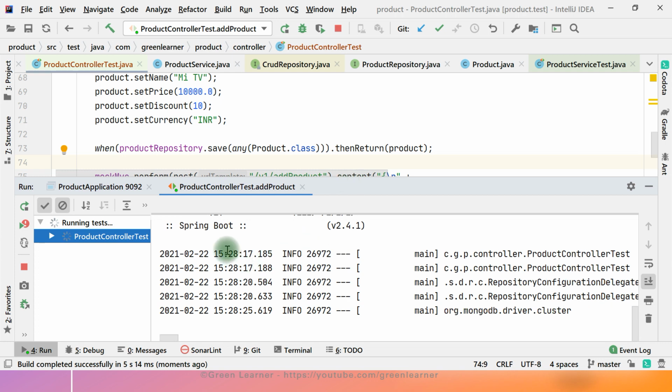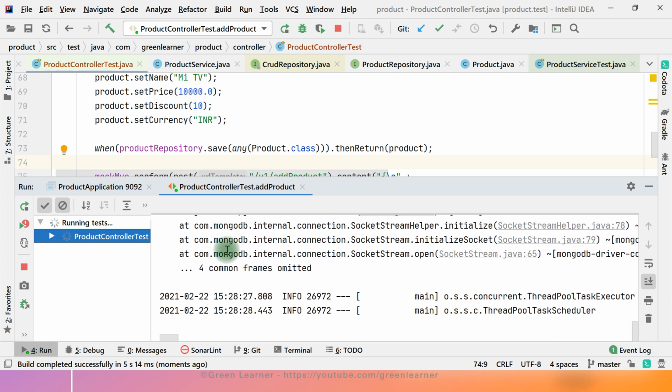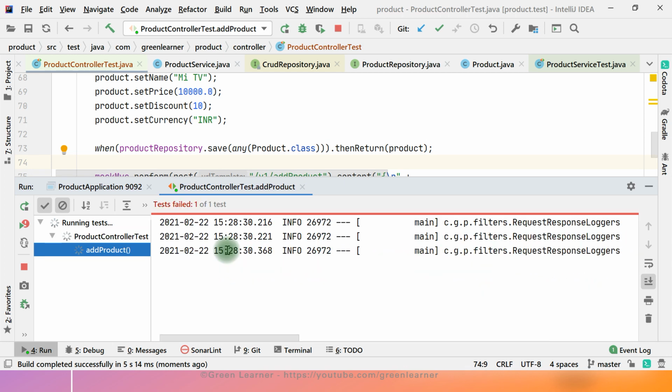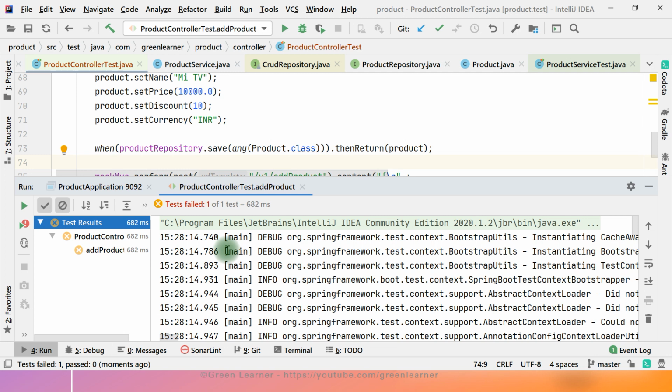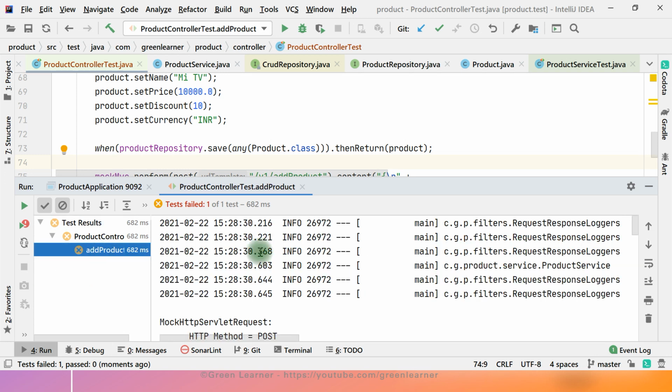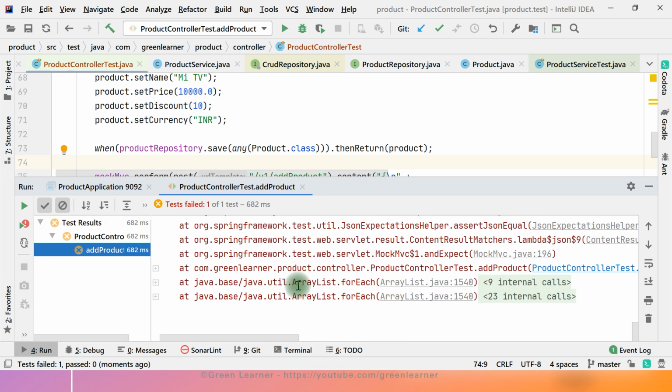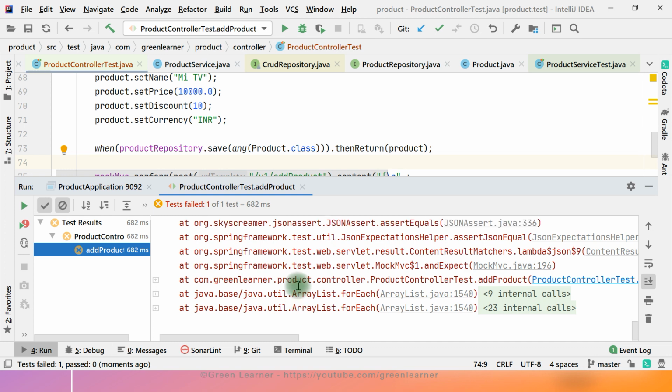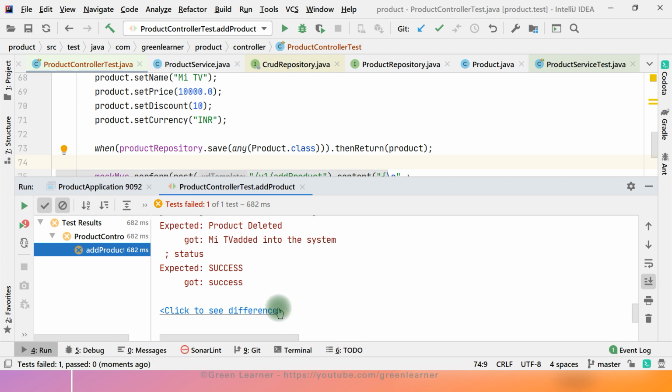It takes a time. You see, the unit test was getting executed very fast, and the integration test is a bit slow. Why? Because it is running a mock server, a simulated server for us. Okay, so yeah, it is giving me this error here.